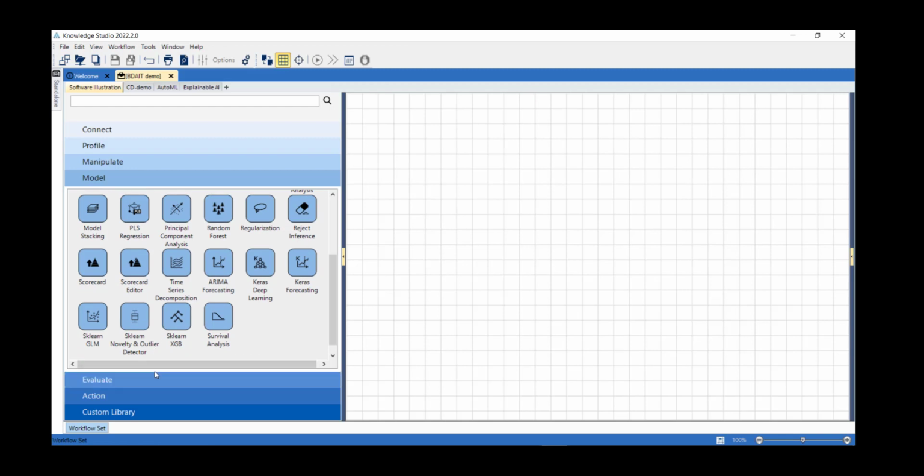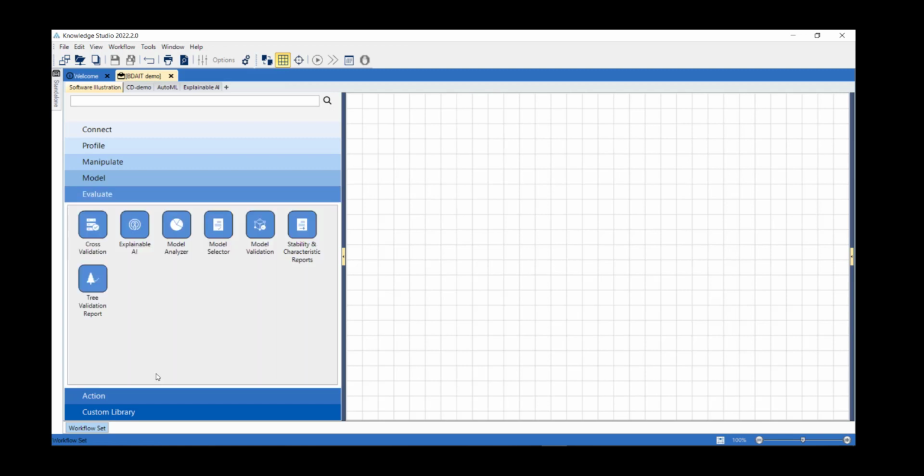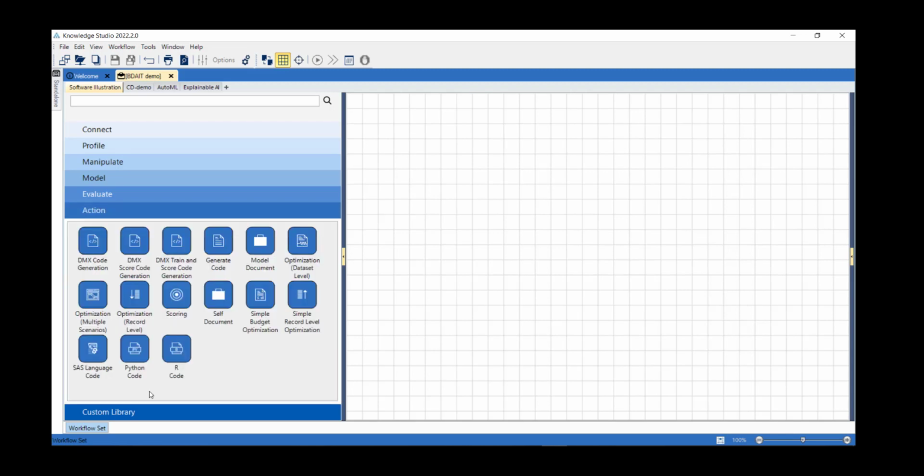Once we've created our models, we want to make sure we deploy the most predictive model. The Model Analyzer node is on the Evaluate palette, which provides the ability to compare models and determine statistically which model is most predictive. The Evaluate palette provides nodes to understand how our models have performed. The Action palette provides nodes to deploy our model. Scoring the model is possible from this palette, as well as creating your model in several programming languages like R, Python, and other languages. We have optimization nodes on this palette to create a prescriptive analytics solution at the record